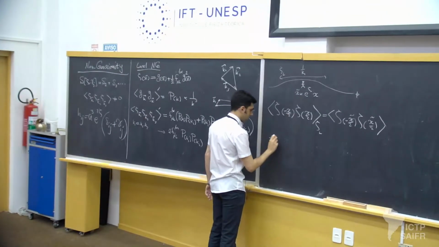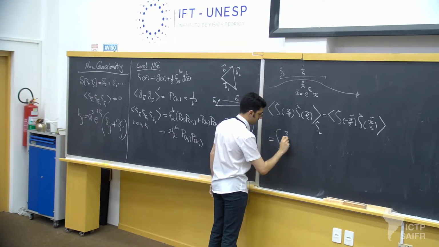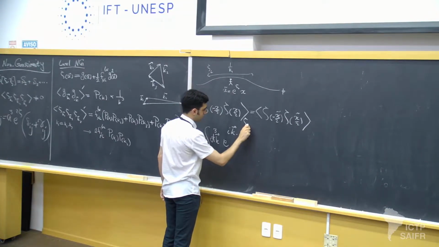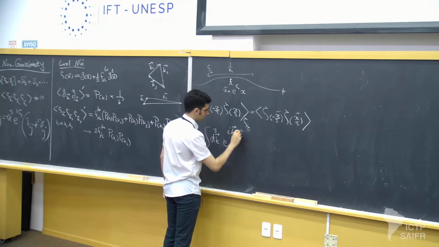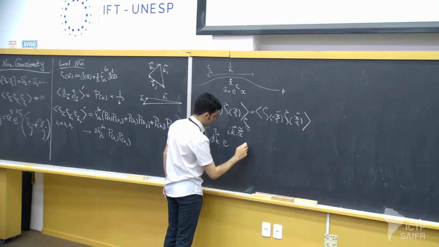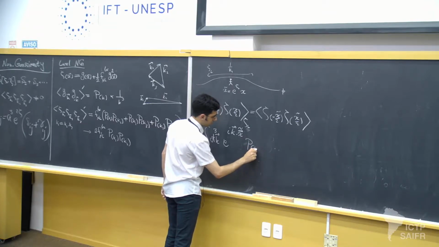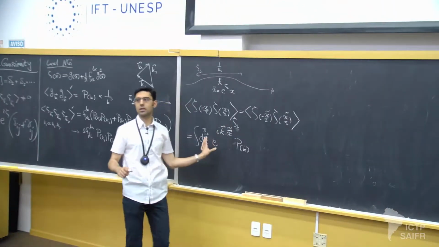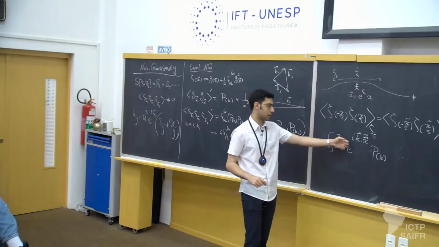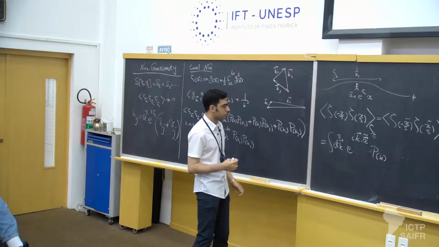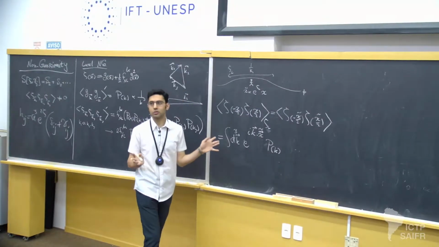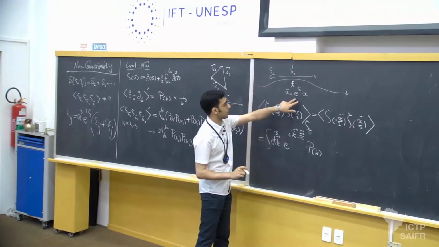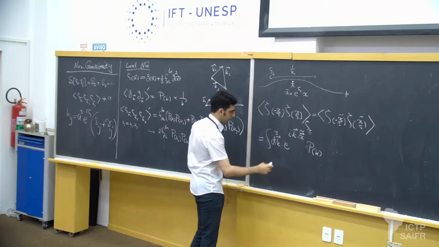Okay, let me go to momentum space. And here I should put just P of k, right? So the correlation function in real space is related to the power spectrum in momentum space. It's a Fourier transform of the power spectrum. Okay, now I can do some change of variables of this integral. This x tilde is just some factor times x. So I can rewrite this as